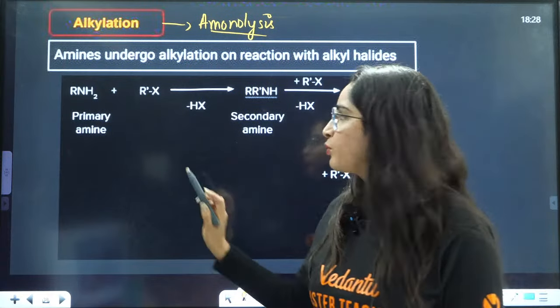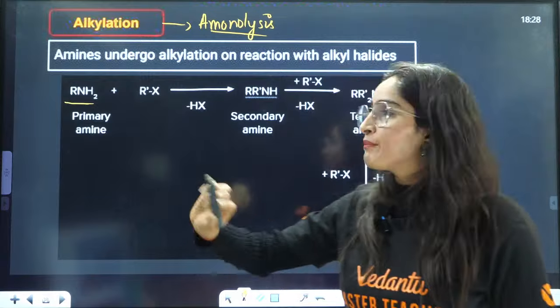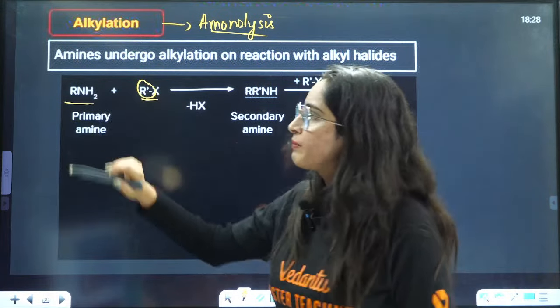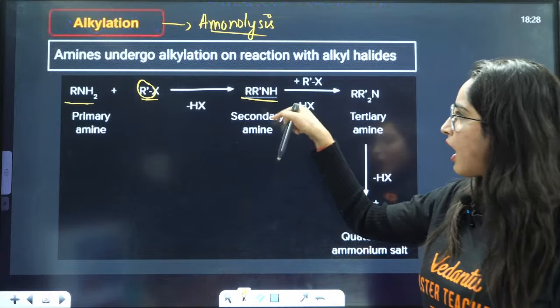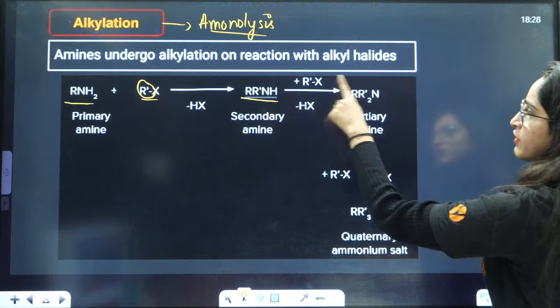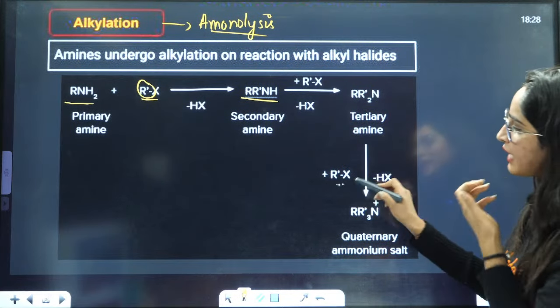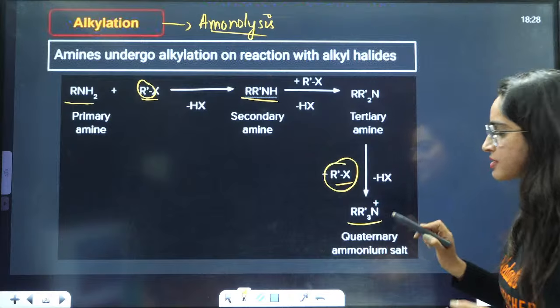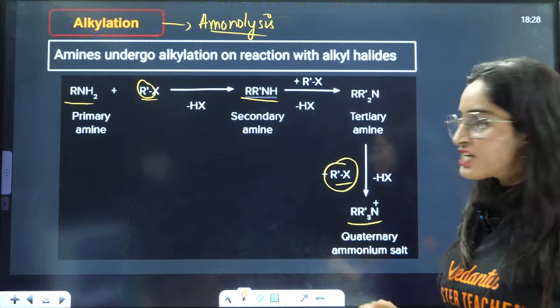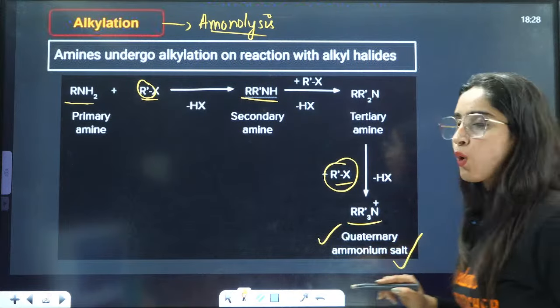The reactions are the same. Here, to this primary amine, you are adding R-X. So what will happen? This R will replace the hydrogen here, and you will have R-NH. Again, you are adding R-X, and again one hydrogen will be replaced here. Then again you add R-X. Again, not a hydrogen, but the lone pair will accept the R and you will have the formation of quaternary